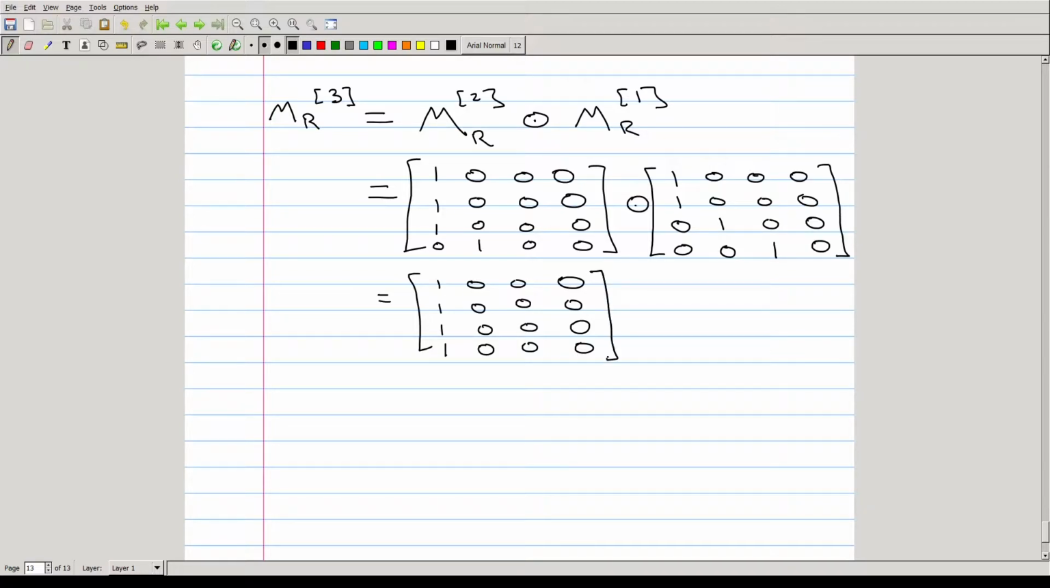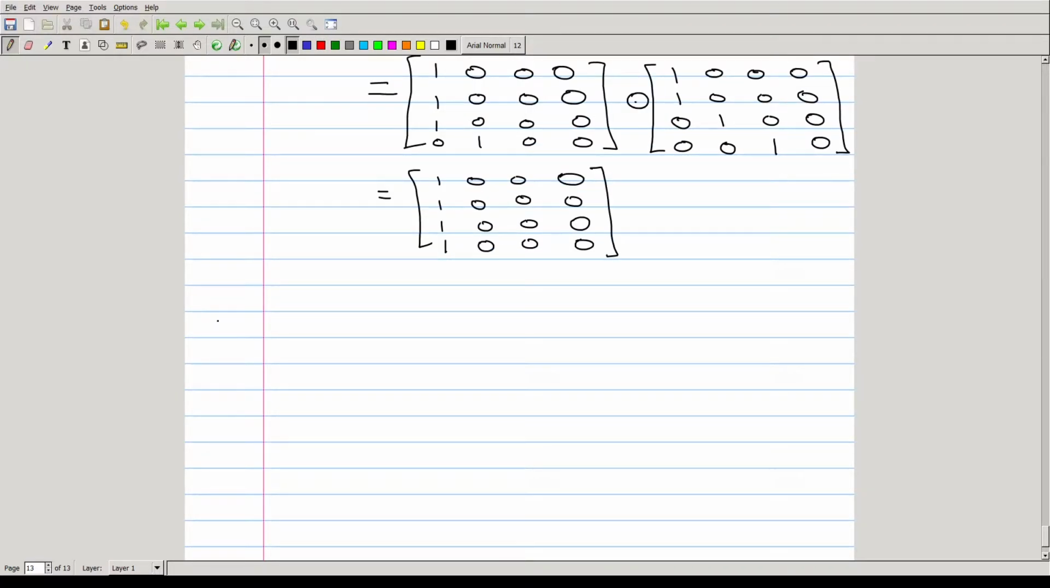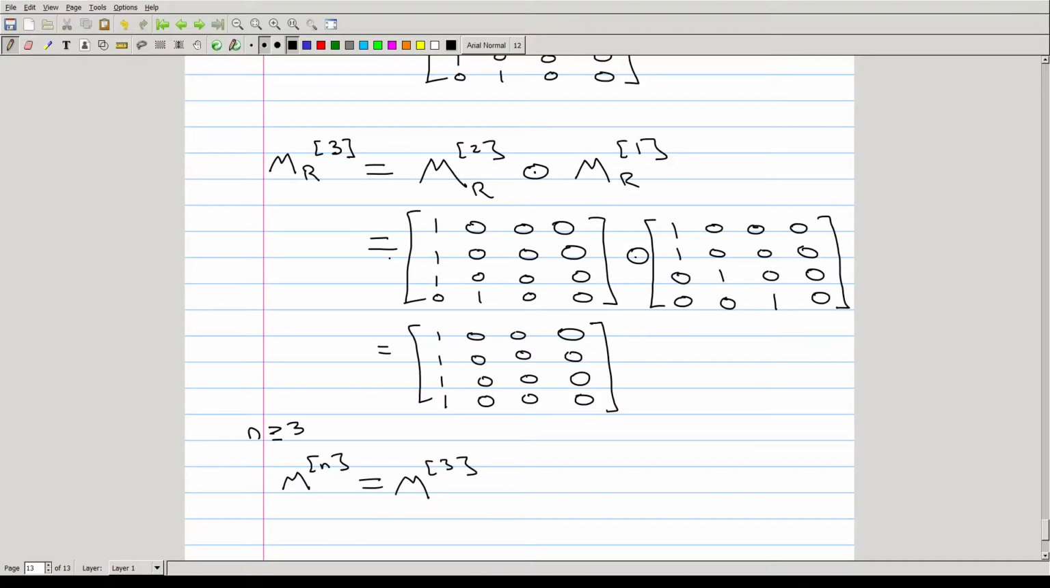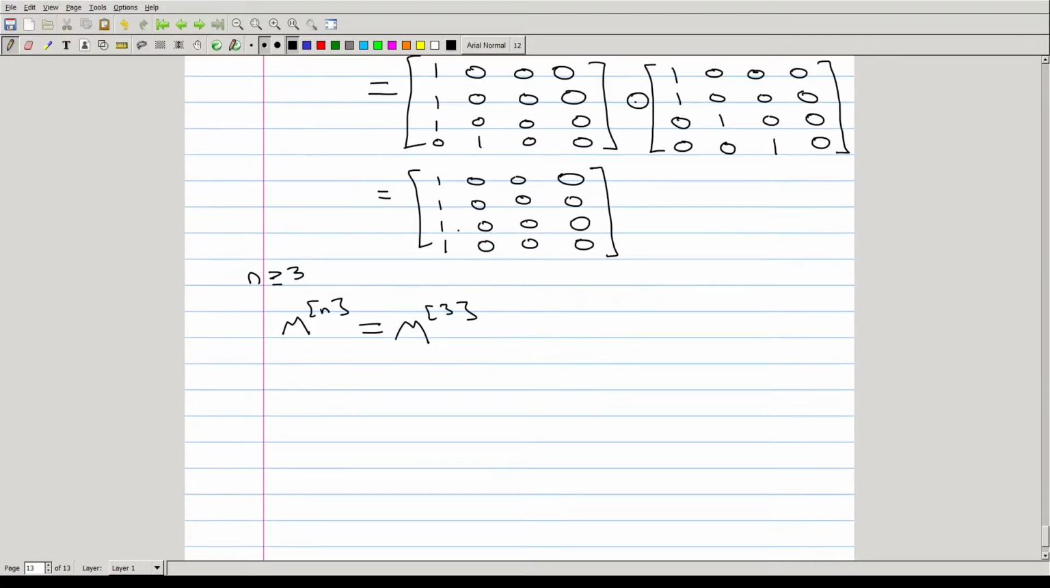And it's relatively straightforward. You should go through and show that the nth Boolean power for n greater than or equal to 3 is always going to be equal to this M3, regardless of the n value. You can do this a number of different ways, but the idea here is that